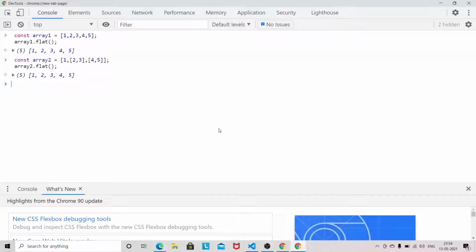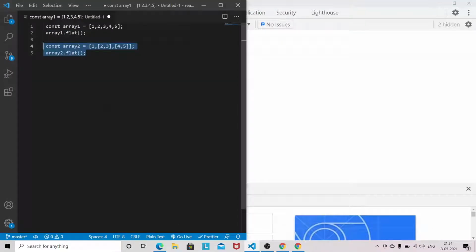We will see some more examples of flat. Suppose now we have a more complex nesting array.